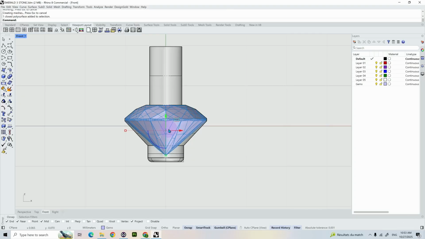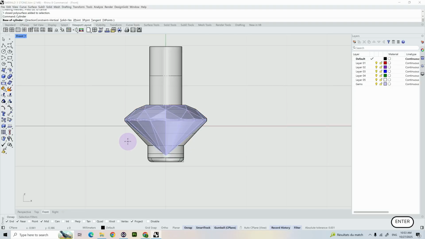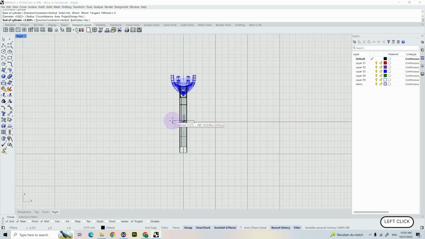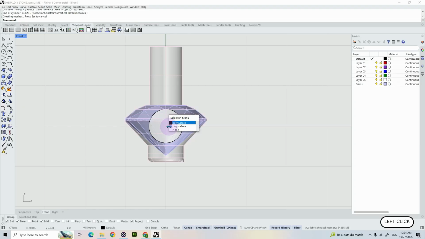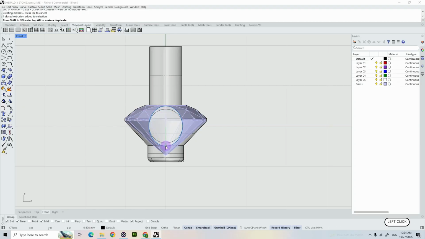Now I'm going to make another cylinder which will be placed on the middle of our gemstones, and I'm going to type cylinder on my command line. Base of the cylinder type 0, and then make a cylinder of this size. Then I'm going to switch to my right viewport. For the length of our cylinder, simply make something of this length. Now I'm going to select my cylinder and then change the shape, make it oval like that, and move it